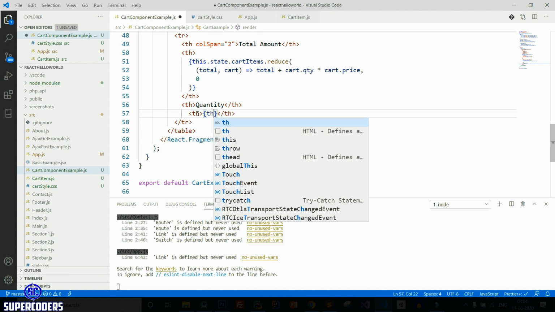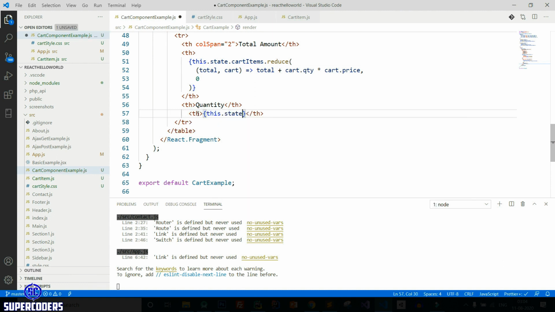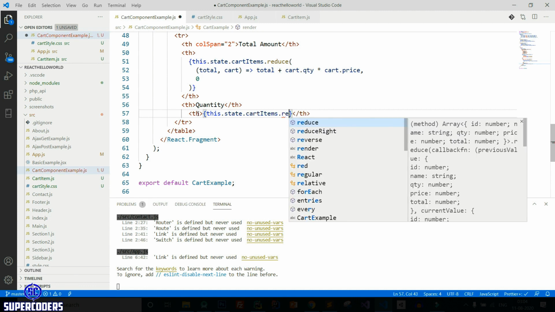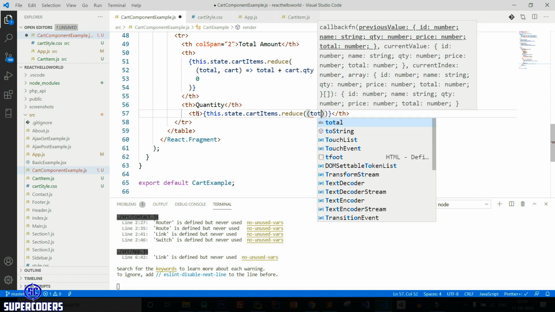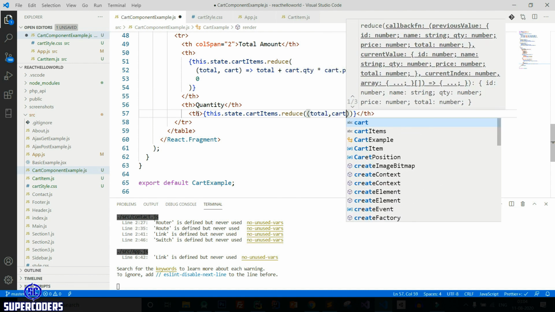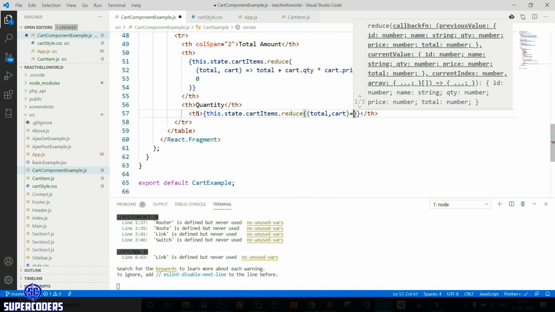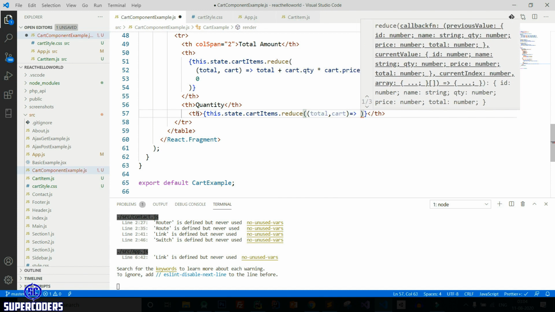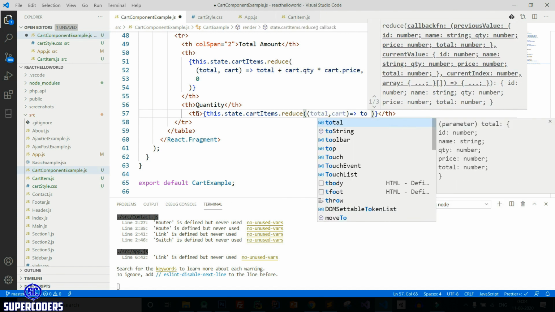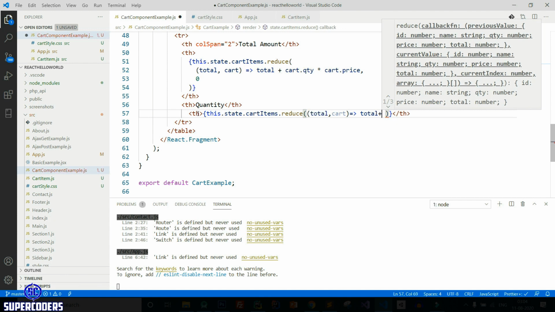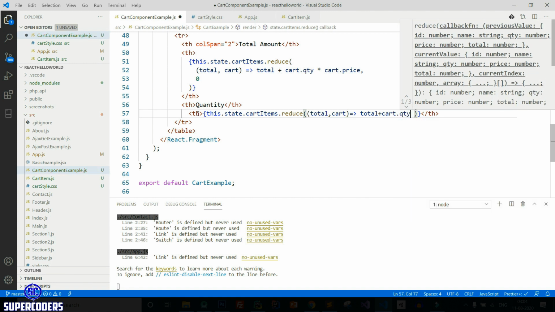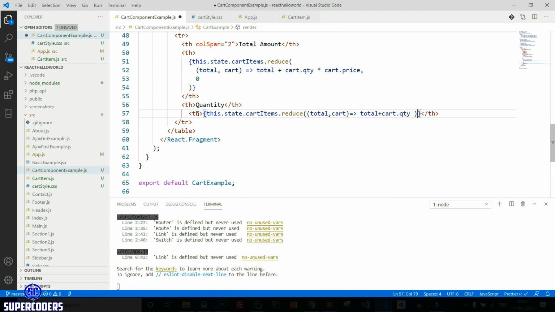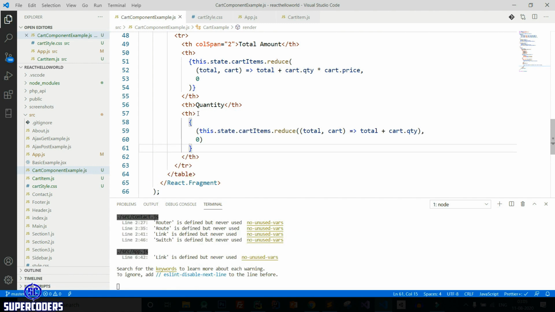So this dot state dot cart item dot reduce, then total cart, then arrow function total plus cart dot quantity, then giving initial value of total 0. Save it. Let's check.